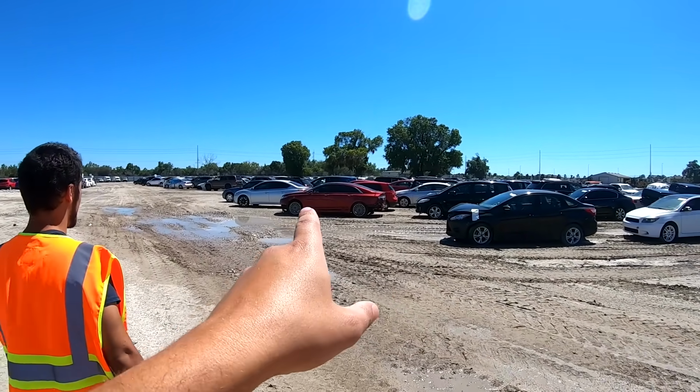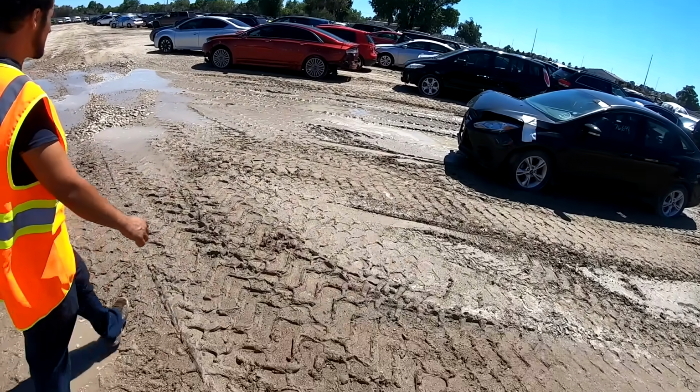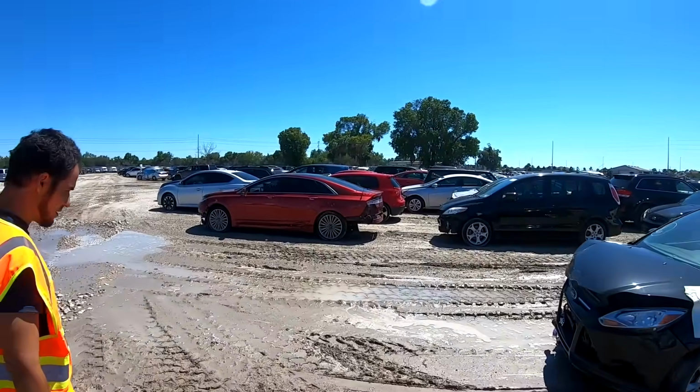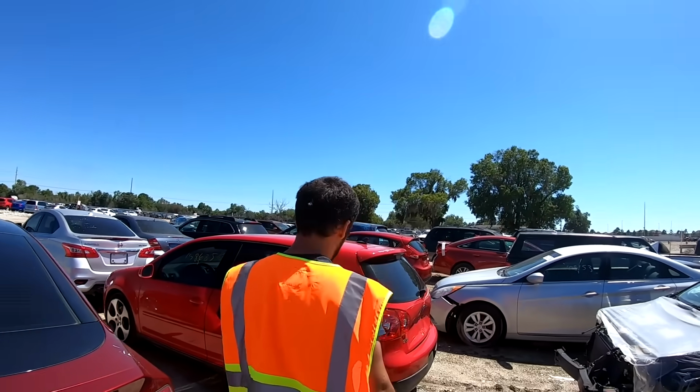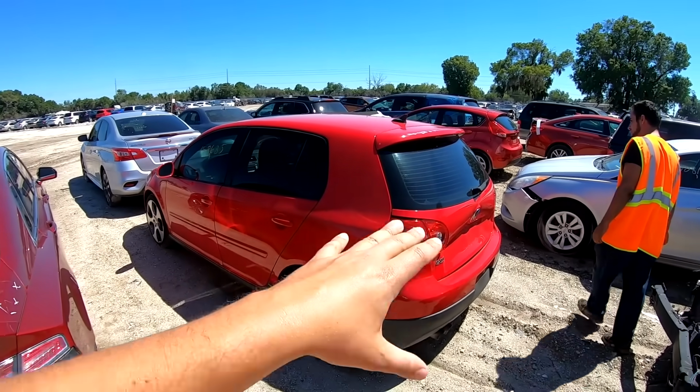Our car is not the Lincoln. It's behind the Lincoln, similar color to the Lincoln. We've got to be careful. See, it's all mucky here. Yeah, so there it is. The Volkswagen GTI. From this angle, again, it looks really clean, but the other side, the whole car is...